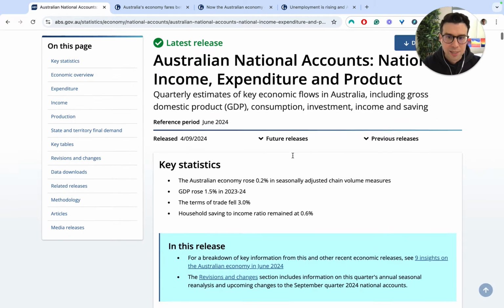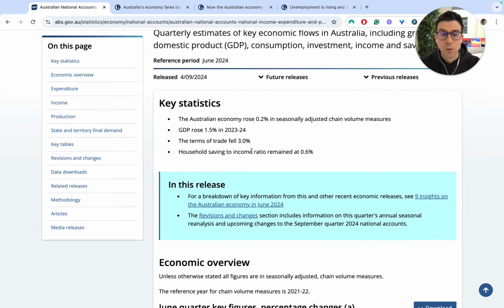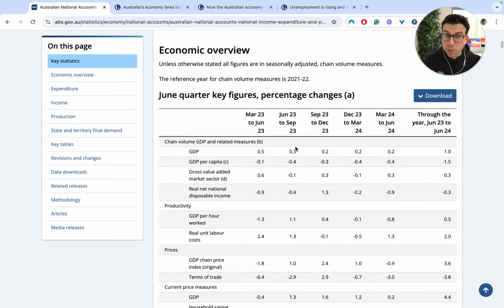So what we've got here is the ABS quarterly accounts. Now we can see that GDP grew 1.5% over the 2023 to 24 financial year. Now, if we dive in, though, we're going to see some slightly different data points. We'll see that for June 23 to 24, it only grew 1%, so that's obviously lower, which tells a slightly